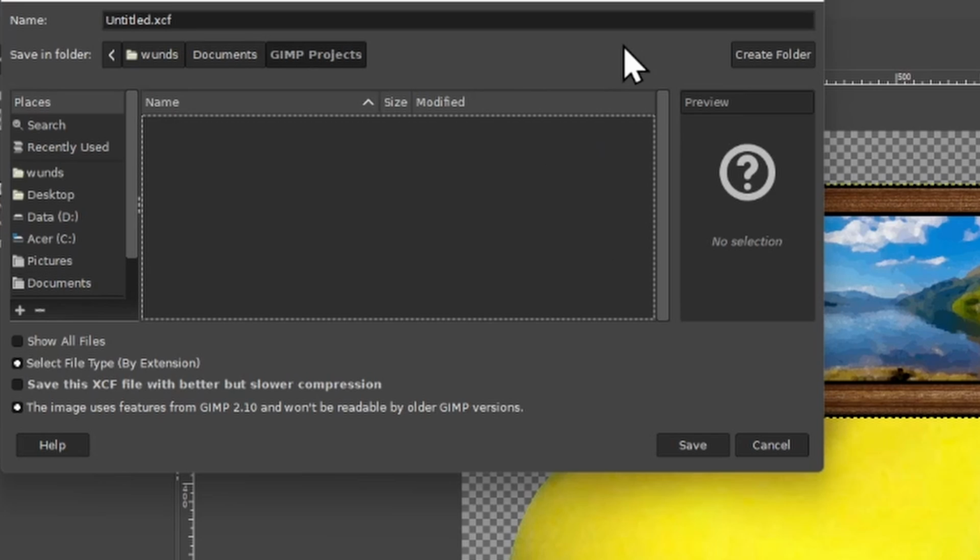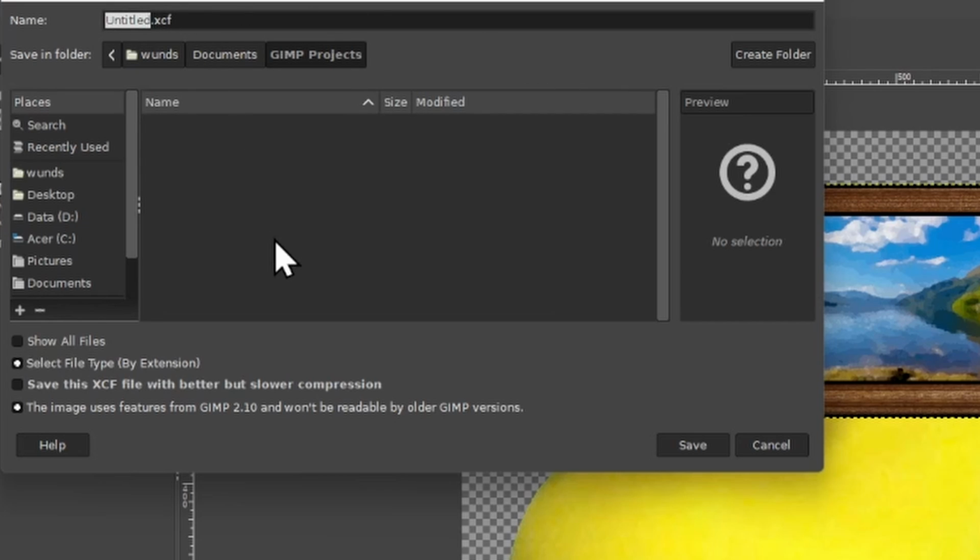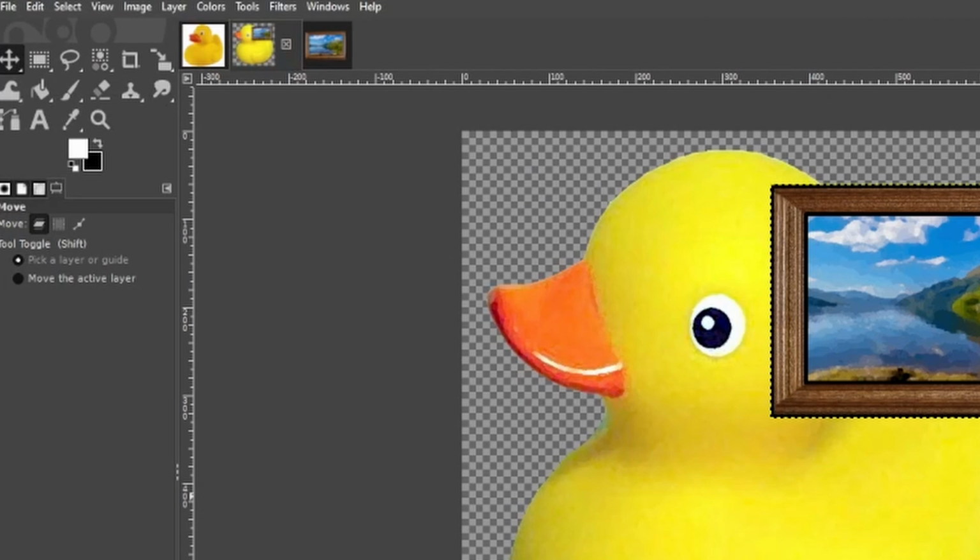By pressing enter, you're getting in the folder directly, and then we have the possibility to save this picture by the name we want. Let's say this is a rubber ducky behind Loch Lomond. Then we just press save, and the picture will be saved there,